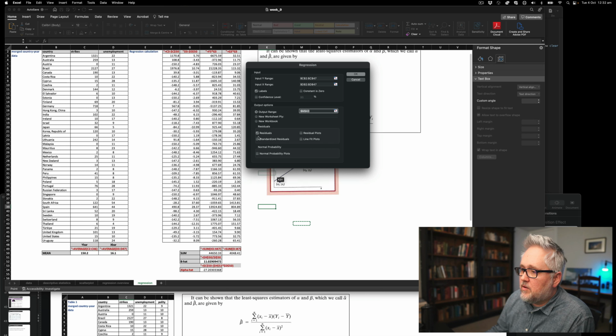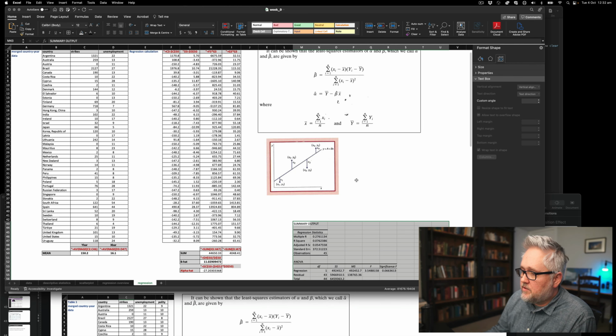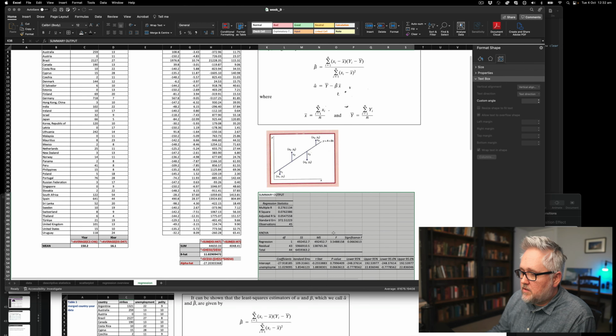And we're going to have a residual plot, which shows the difference between the expected values, like I showed earlier, and the observed values. Let's move this over here. And so you see a regression coefficient for unemployment of 11.029, which matches the beta hat.